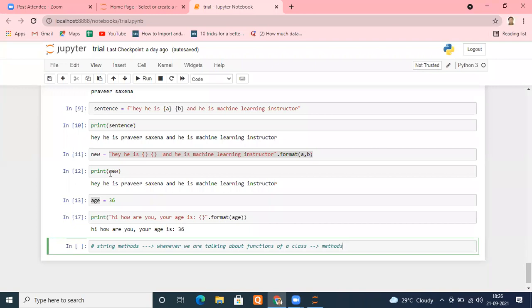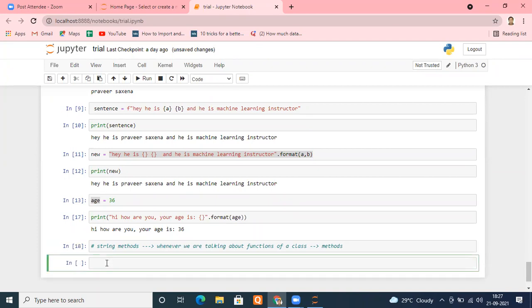Now is it clear? What is a string method? The functions that we can perform in a string class. Easiest way: the functions which we can perform in a string class are known as string methods. So I'm running this cell and moving ahead.